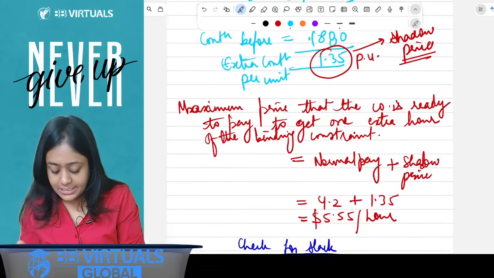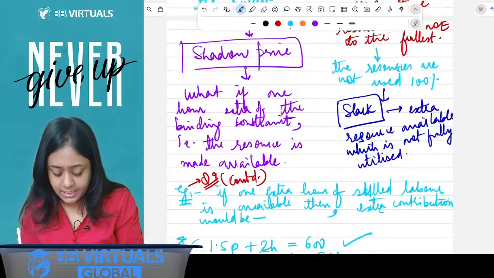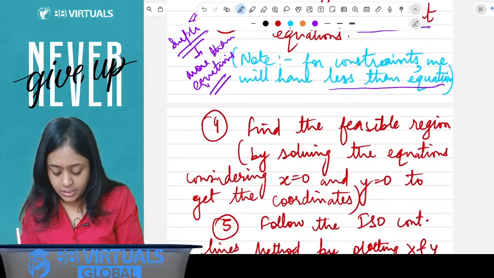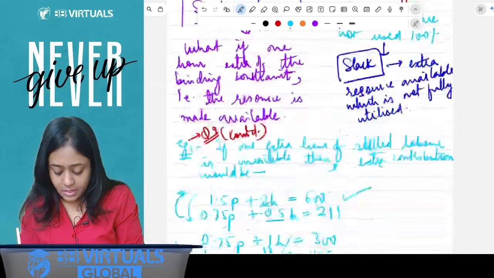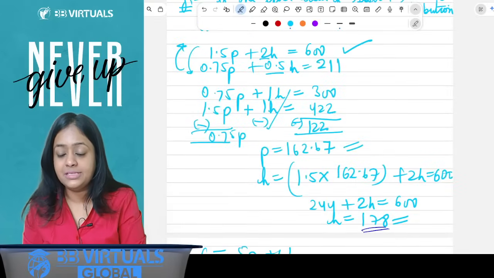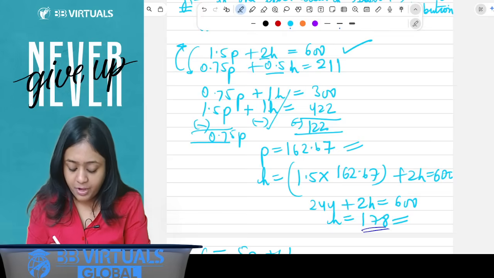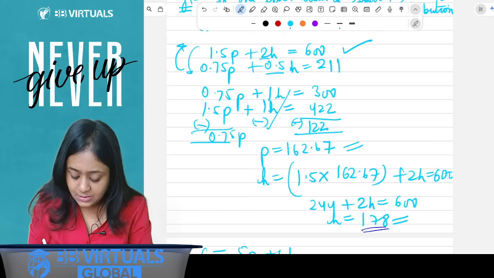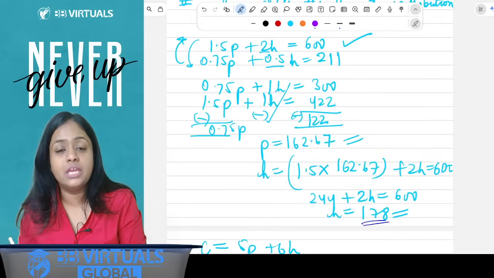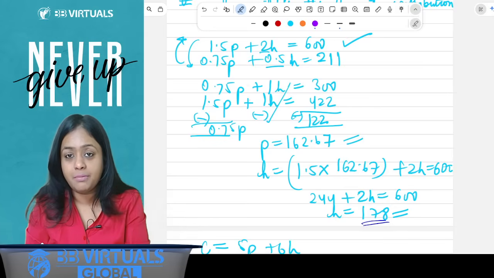So let's check here how to solve the equation. Here I've taken an example just to make you understand how to solve equations. Let's say I have two equations: 0.75p plus 1h is equal to 300, and 1.5p plus 1h is equal to 422. Now solving the equations simultaneously would mean that you take a common number and multiply the